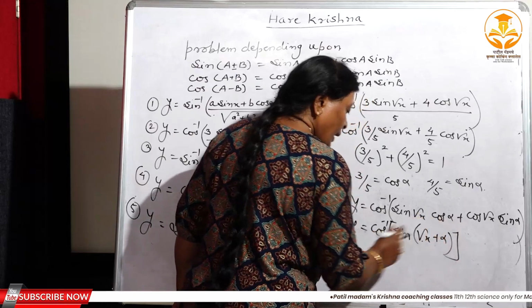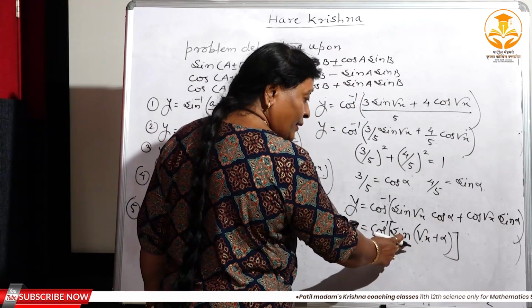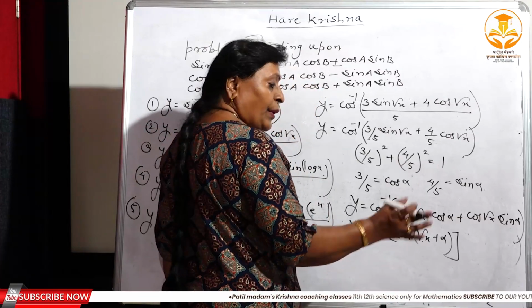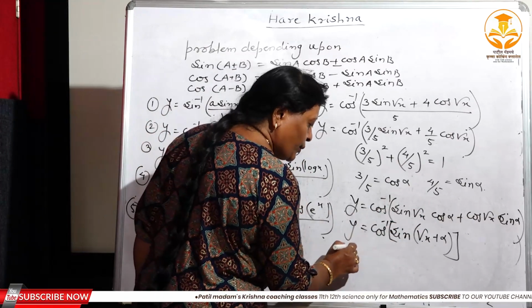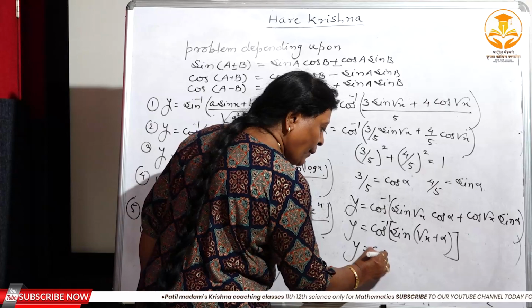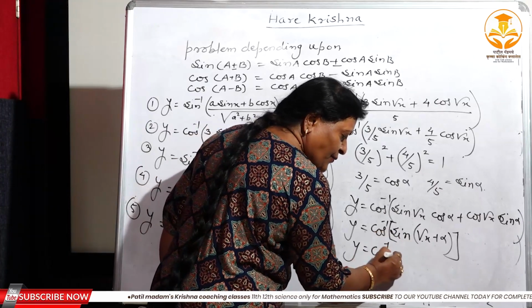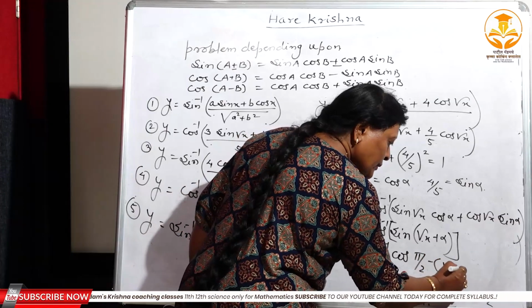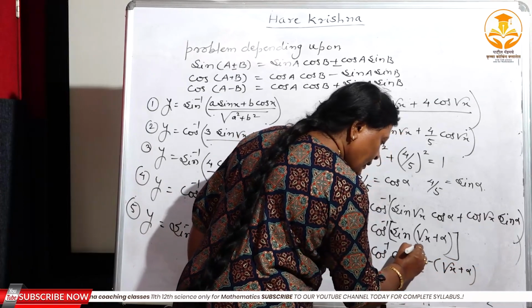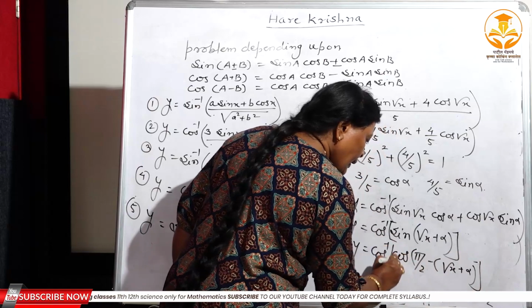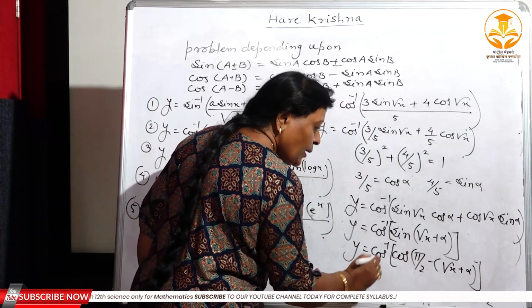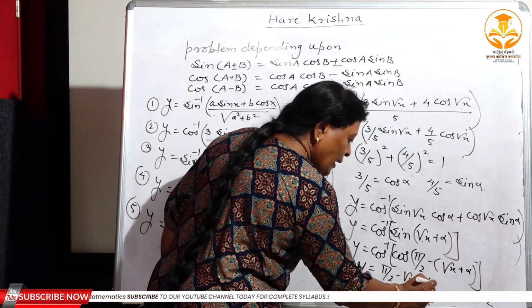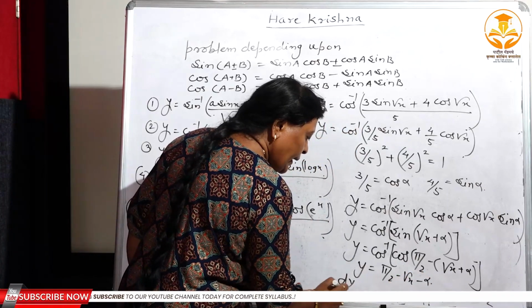But there is a cos inverse, and here in this bracket there is a sin. But you know, sin is converted into cos by taking the help of pi by 2. Therefore, in place of sin you can write pi by 2 minus root x plus alpha, isn't it? Therefore, here cos inverse cos get cancelled. You have got pi by 2 minus root x minus alpha, and dy by dx, it is nothing but what